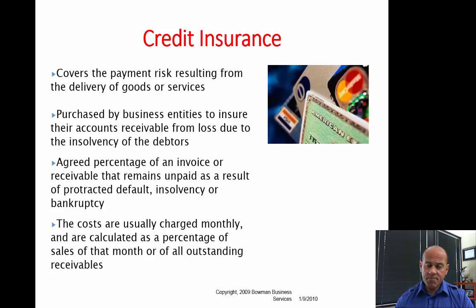Basically, the way this works is you purchase credit insurance, and the credit insurance company will look at the various companies you have, domestic and international, and run credit checks on them. At that point, they will determine the risk, and the premium and deductible that you're going to pay on this insurance policy. So the way it works functionally is, let's say that you extend terms to a company,